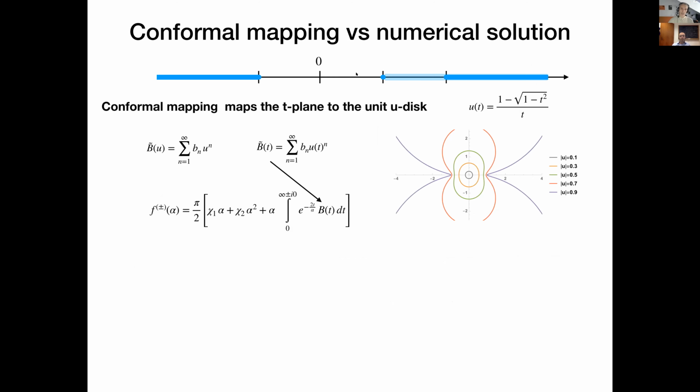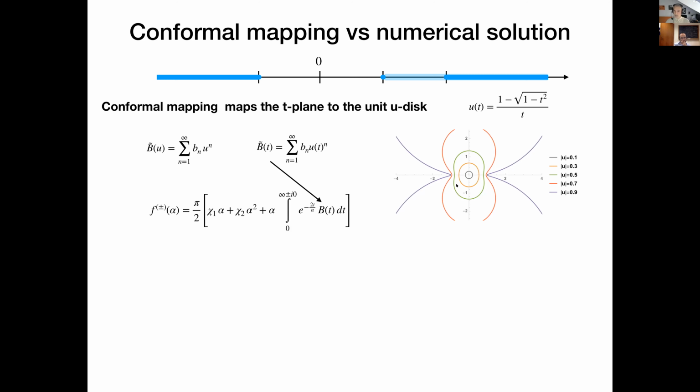So we have this Borel function, which has a singularity on the negative and the positive real line starting at 1. Since there are no other singularities on the complex plane, we can use this conformal mapping, define this u variable, which maps this whole complex plane except the cuts onto the unit circle, and our new function, which is defined as an expansion in this u variable, will be convergent on that circle. All the singularities are at the borders.